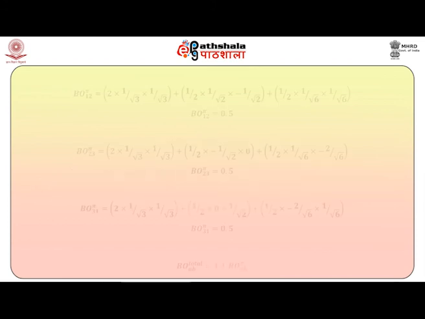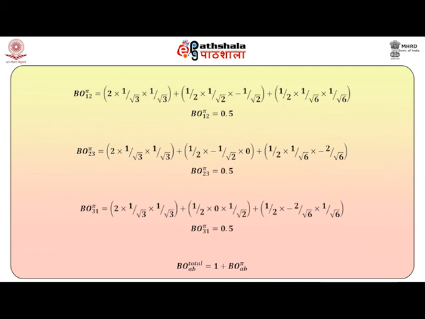So in the case of cyclopropenyl radical, if we calculate the pi bond order between carbon atoms 1 and 2, as you can see here, its value comes out to be 0.5. And similarly, if we calculate the pi bond order between atoms 2 and 3 as well as between atoms 1 and 3, again it comes out to be 0.5. So it is very important that all the three bonds basically have the corresponding pi bond order of 0.5.